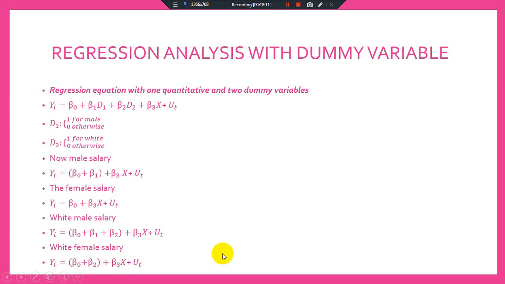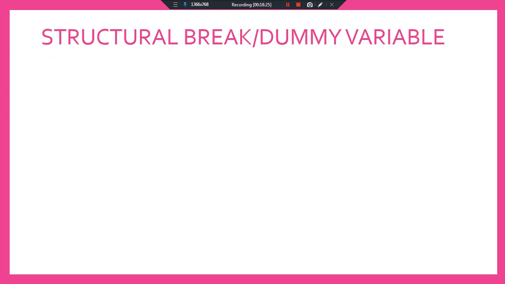So with the help of two dummy variables, we have found the two different qualities of our male or female salary related information. Okay, let's discuss the structural break, or how we can find the structural break with the help of dummy variables. Let's see the case study, which is a case study of Pakistan,